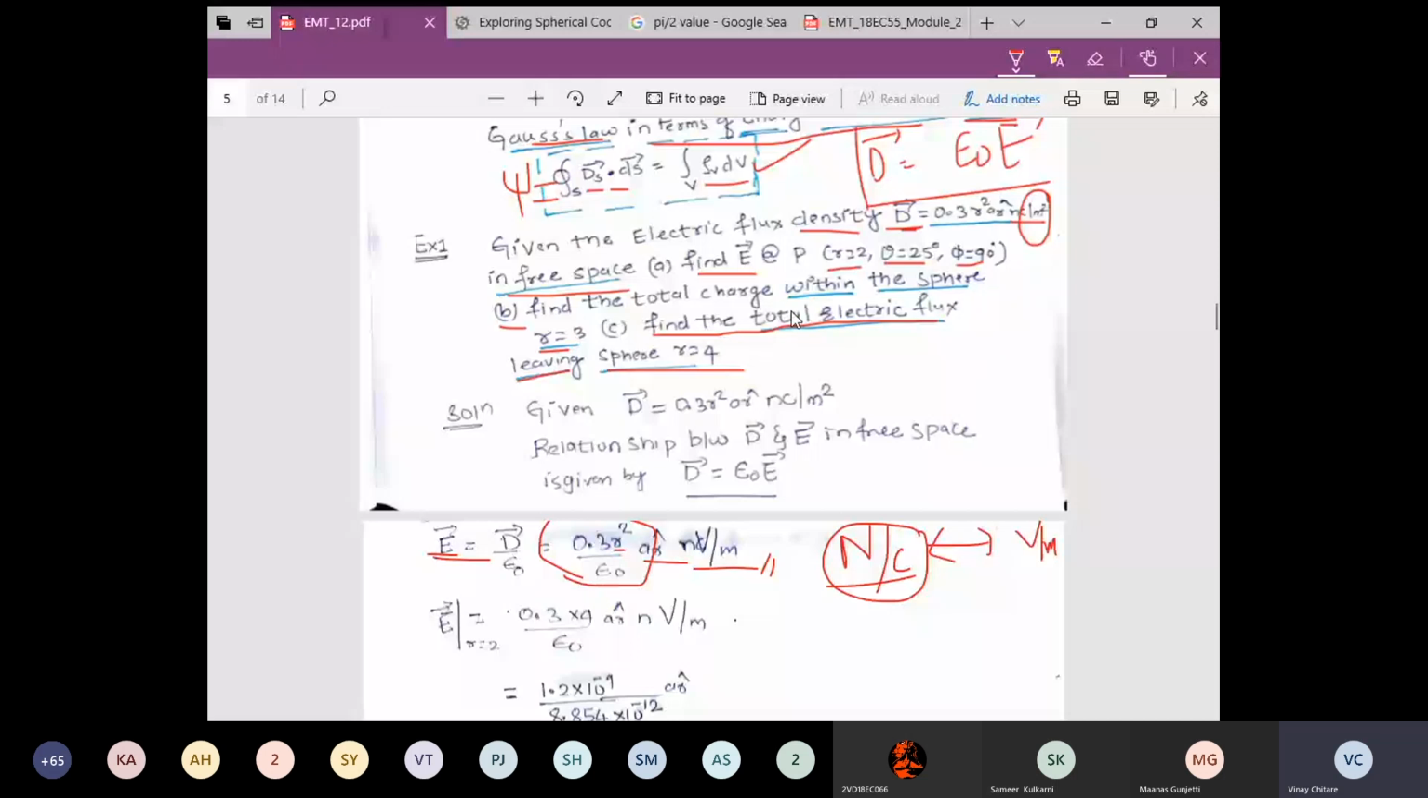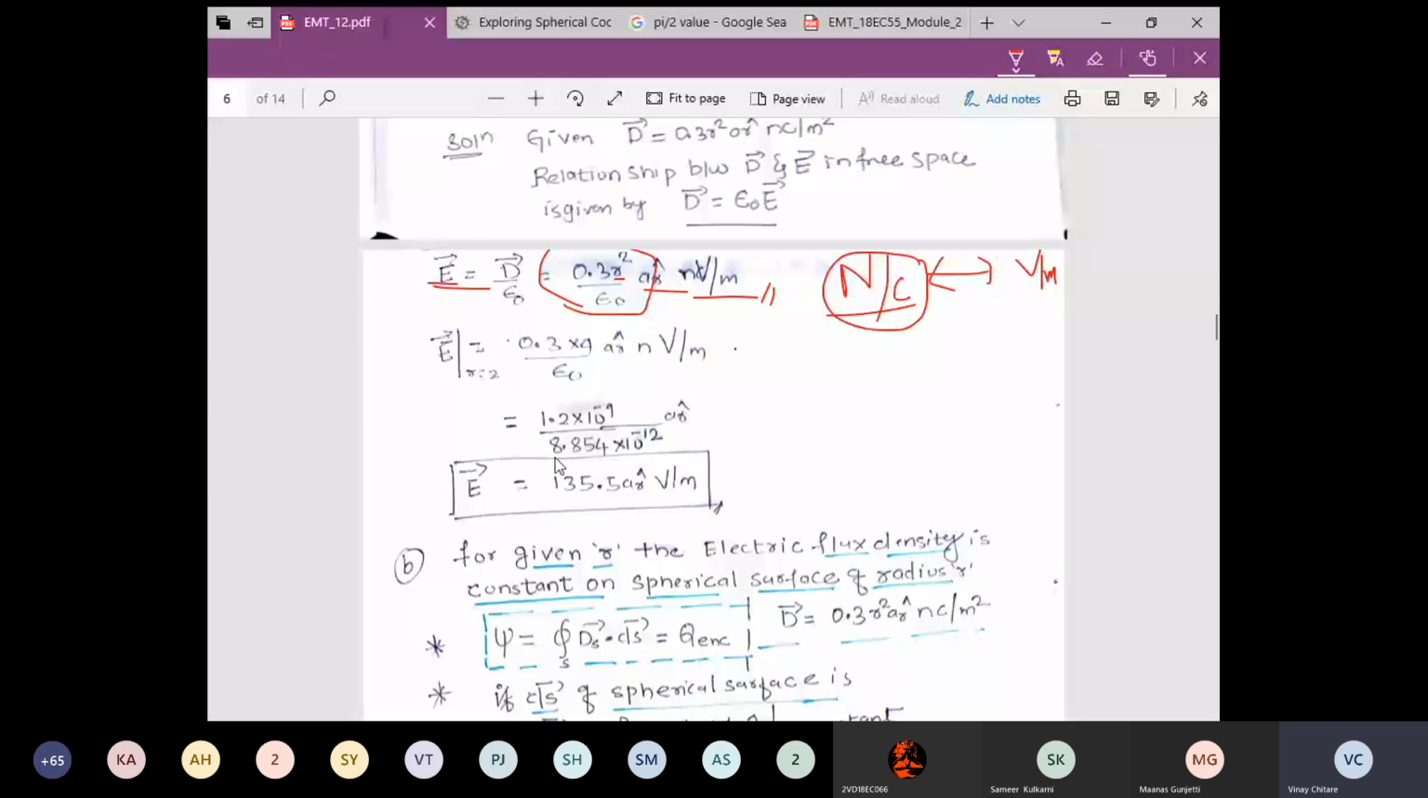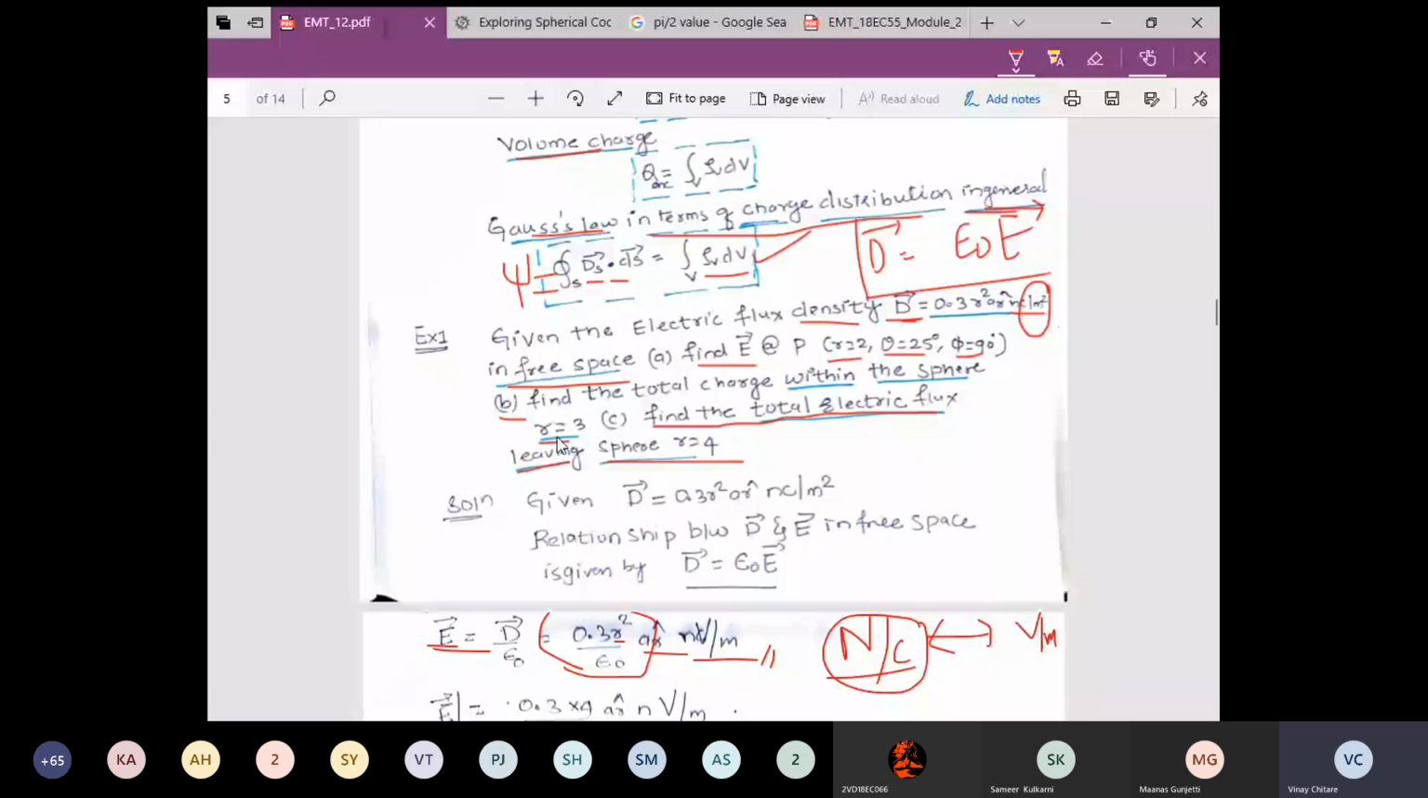That is 2 squared, which is 4. And if you substitute epsilon naught, it is 8.854 times 10 raised to minus 12. We will get the electric field at the given point, which is 135.5 a_r hat volt per meter. Okay, so now part B is we need to find the total charge within the sphere r equal to 3. Now to solve this, we need to apply Gauss's law,